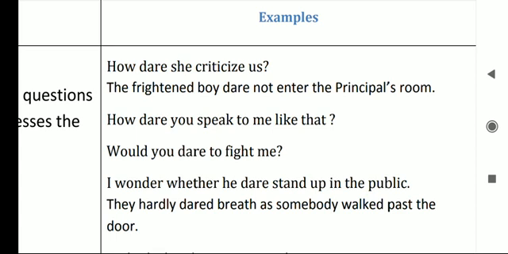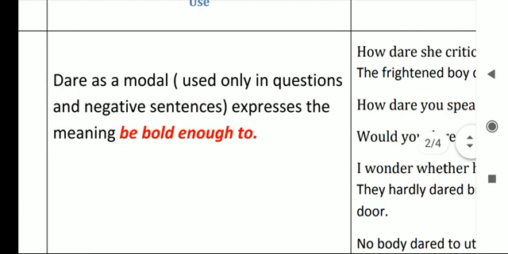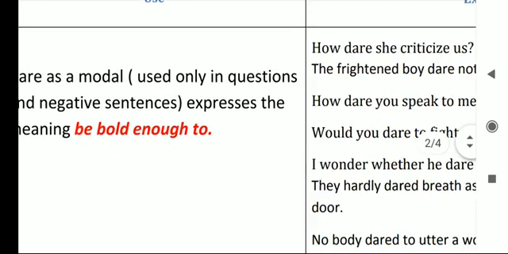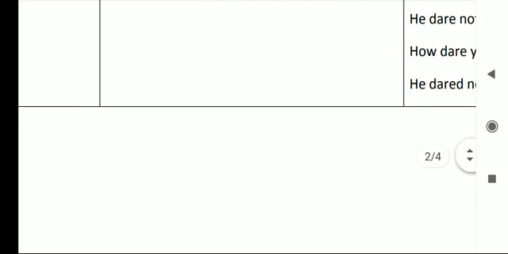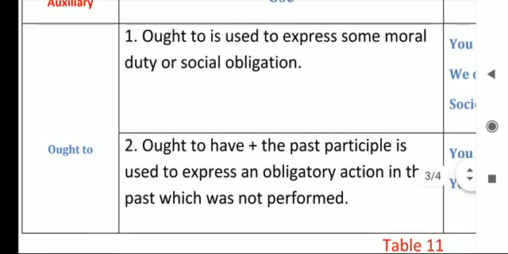They hardly dared breathe as somebody walked past the door. So dare as a modal is used only in questions and negative sentences. It expresses the meaning be bold and do. Right? So this was dare. Now there is another